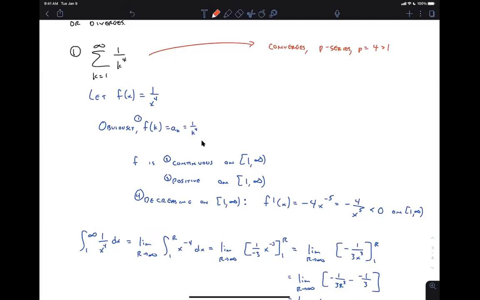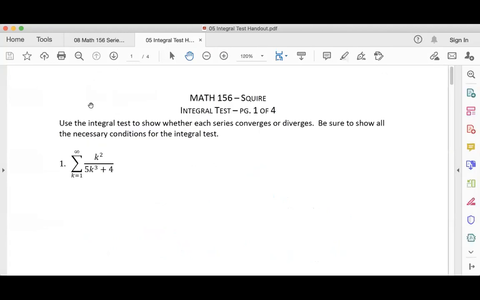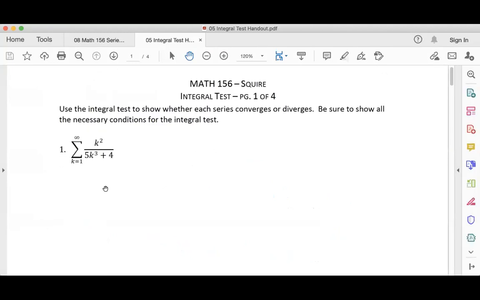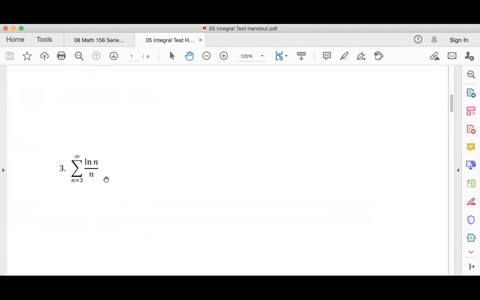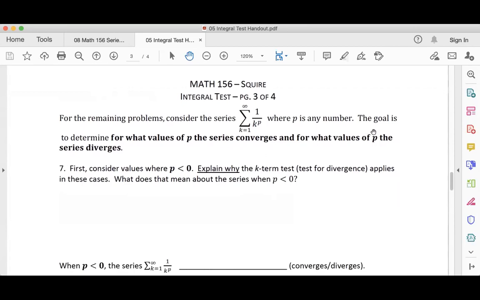But on the integral test handout, there's a couple where you actually go through and do them. And there's 6 where you actually go through and do them, but this is one that we just did. But the primary part is to talk about the most important part of the integral test, which is this: consider